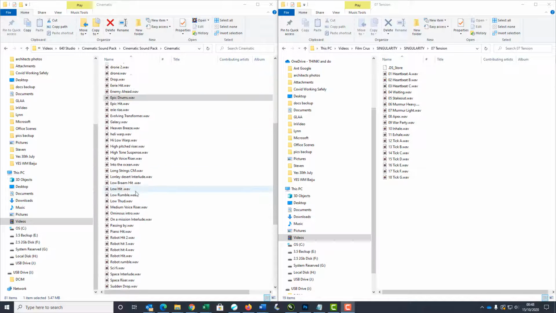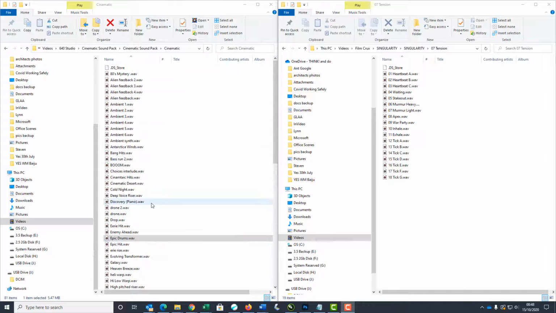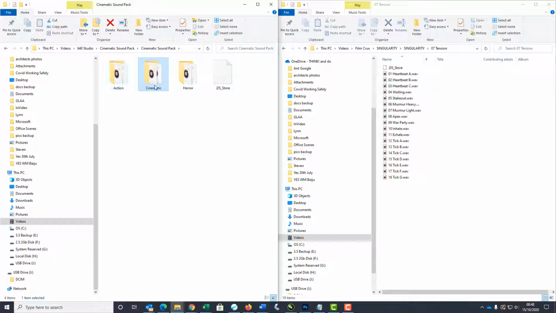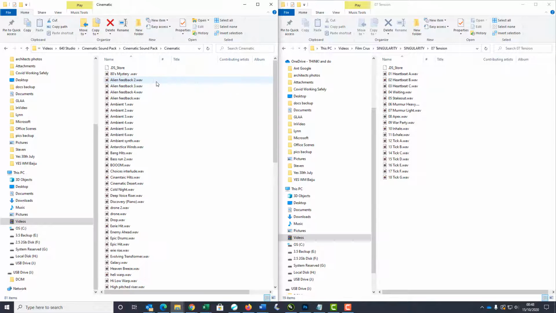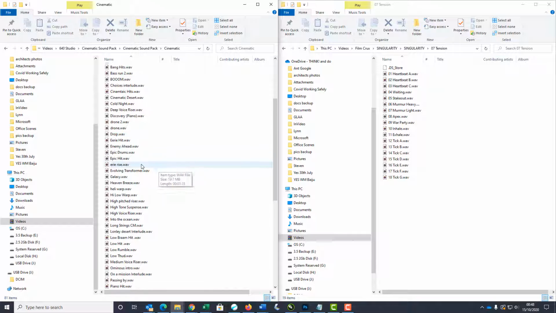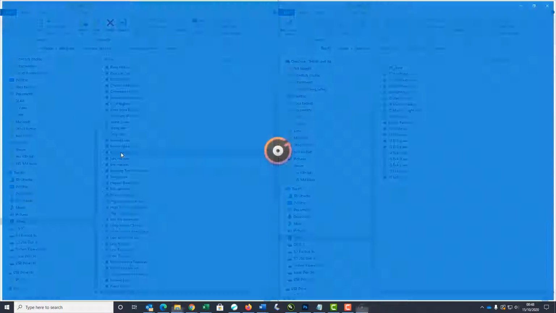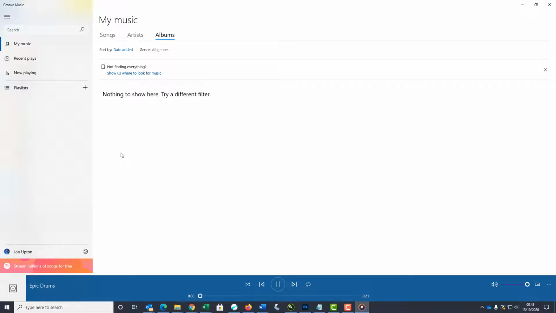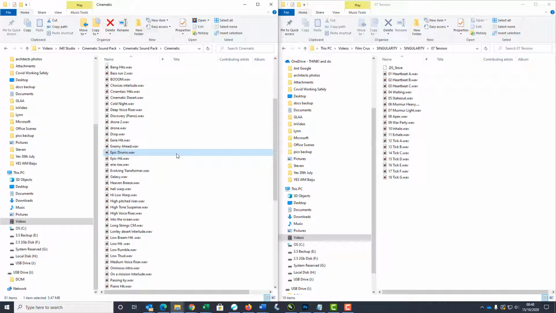So I've looked up and down here, and as you can see there's quite a lot of them. And again, inside the cinematic sound pack there's action, cinematic and horror. And eventually I settled on epic drums. But I really didn't want 21 seconds. And I decided I would use that, but I would trim it in InVideo to just give me a few